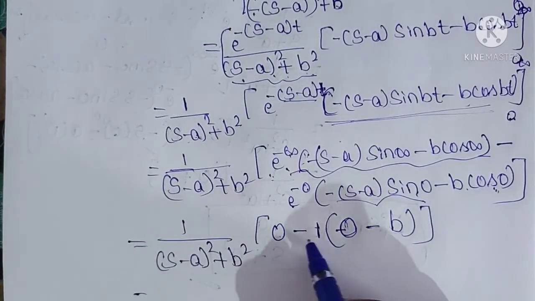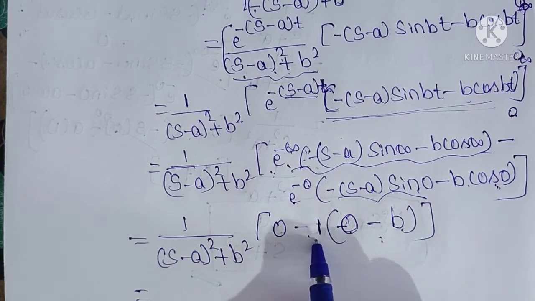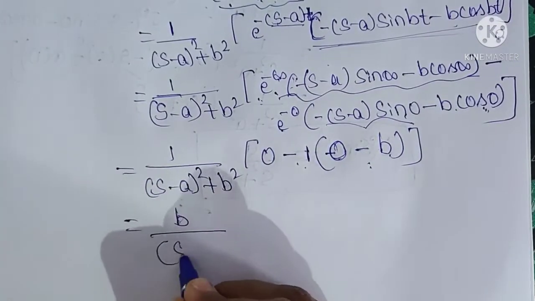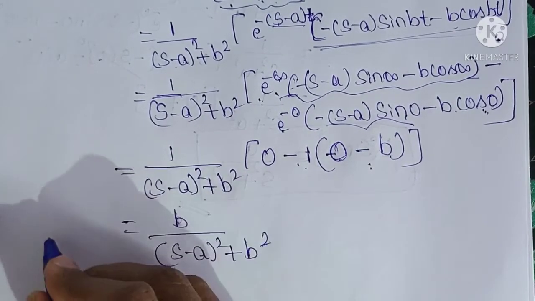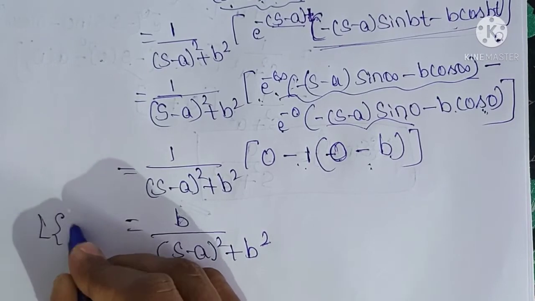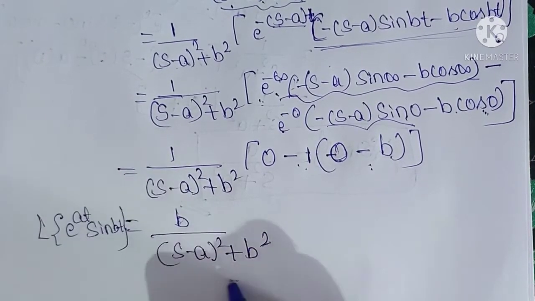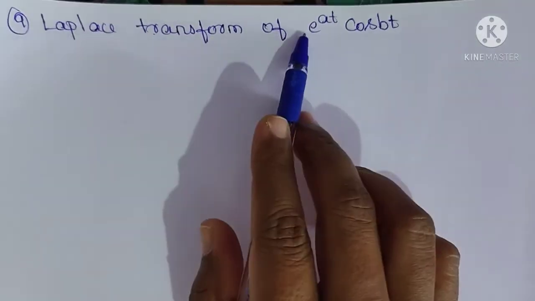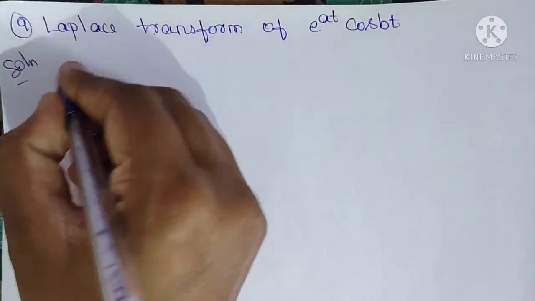Therefore minus 0 minus b is minus b into minus 1 is plus b divided by (s minus a) whole square plus b square. This is the Laplace transformation of e power at sin bt. Hence the solution. 1. Laplace transform of e power at cos bt. Solution. We know that